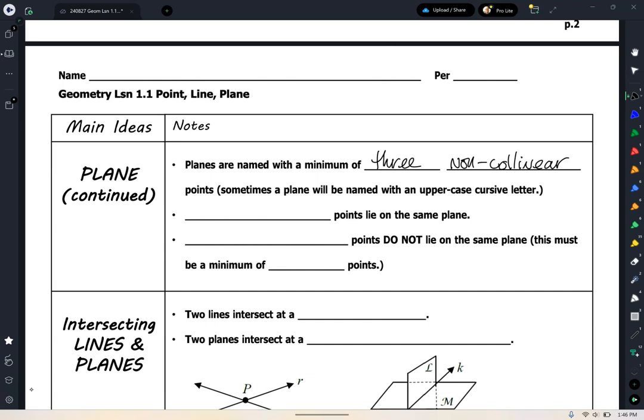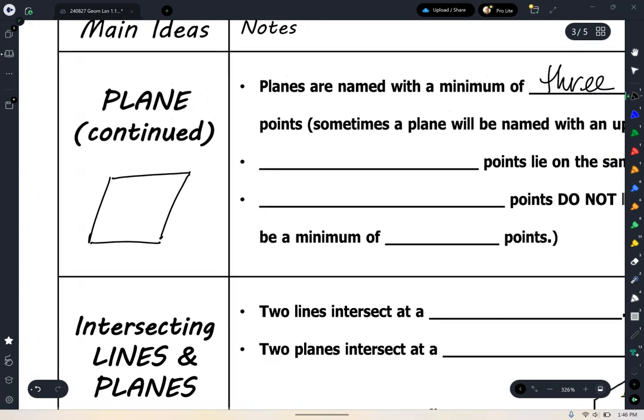All right, let's do this. This will kind of help us understand this. Let's again draw another parallelogram looking shape here. Okay, and we're going to put a point here, X, and we're going to put a point up here, and we're going to call that Z, and then we're going to put a point over here, and we're going to call that Y. All right, now I want you to think about this in terms of containing these points X, Z, and Y.